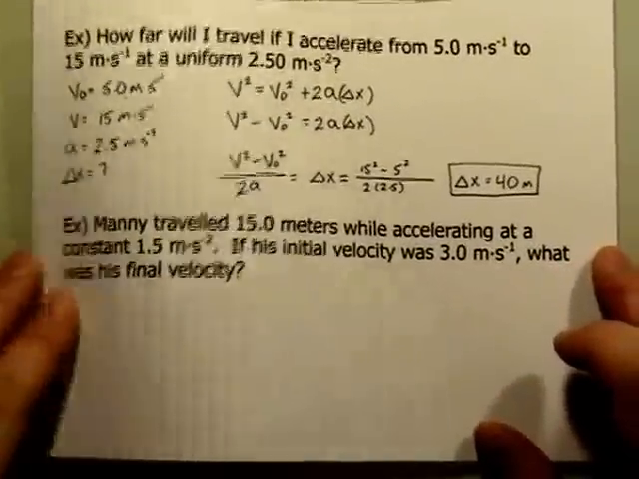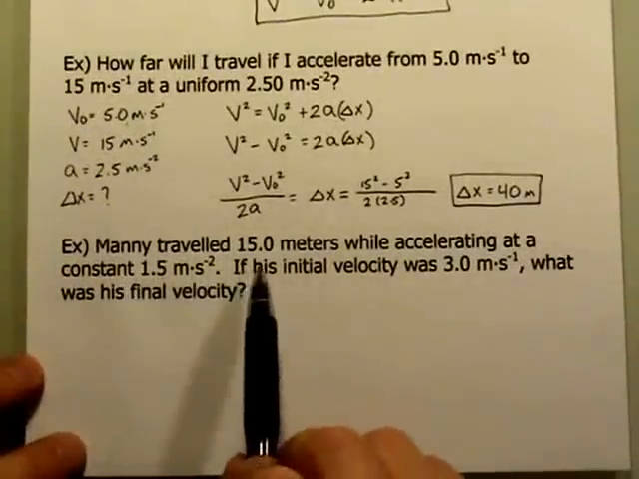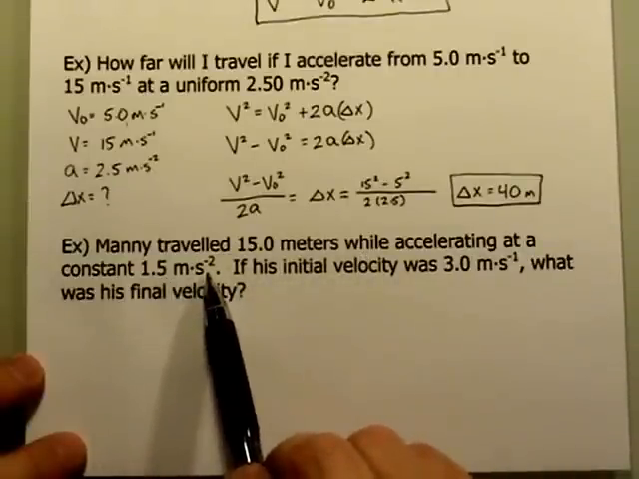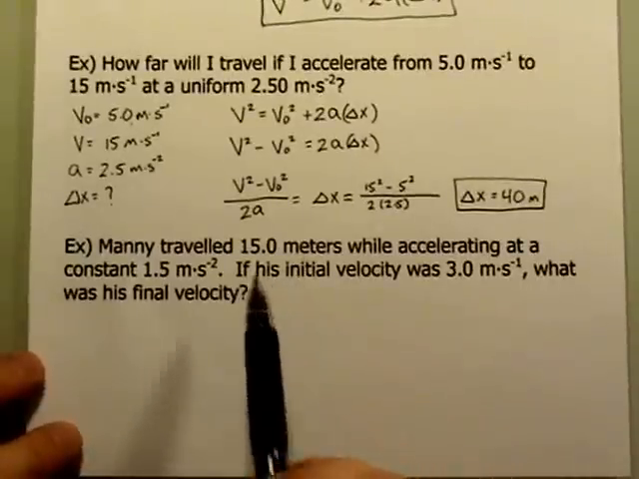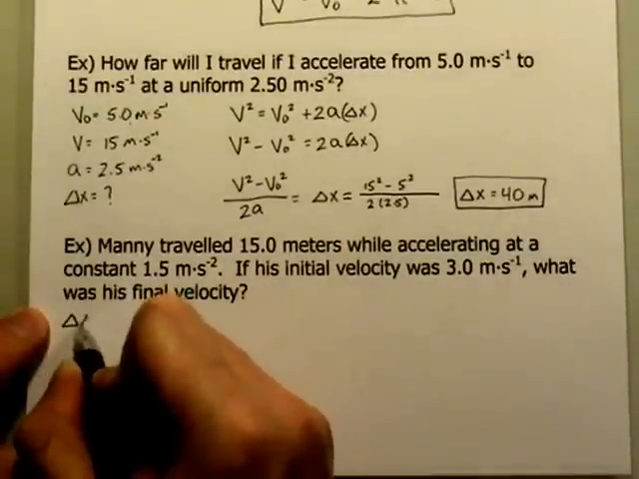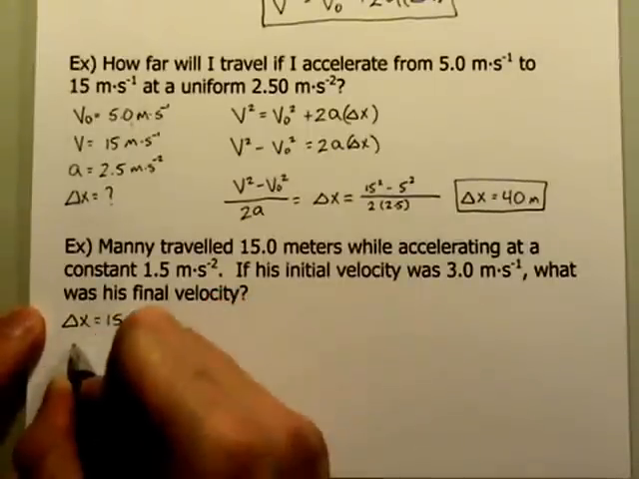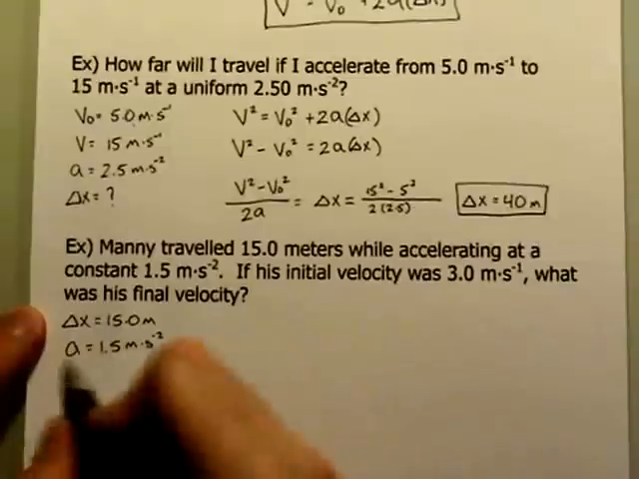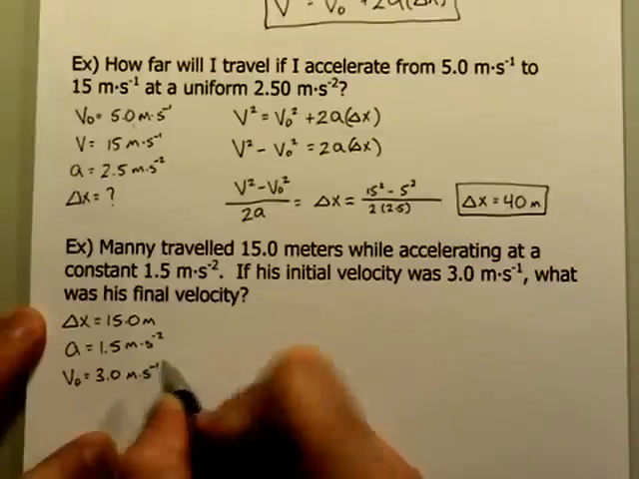Okay. Last example for the combination of equations. And in this one, we're going to have Manny travel 15 meters while accelerating at a constant 1.5 meters per second squared. And if his initial velocity was 3.0, what was his final velocity? So let's go through the given information in order. We'll start off with 15 meters, which is clearly the delta x. His acceleration, a, was 1.5 meters per second squared with an initial velocity of 3.0 meters per second,